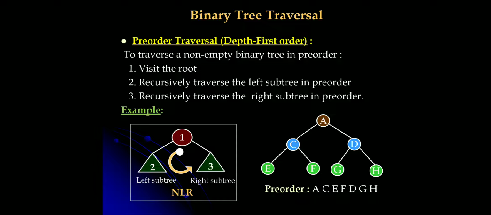So here in pre-order traversal, we have to first visit the root, then go to the left subtree and traverse the left subtree in pre-order. Pre-order means we have to visit the root first, then go to the left subtree and right subtree. So this should happen recursively, okay? The final pre-order traversal you will get is A, C, E, F, D, G and H. And what you have to remember is, given the pre-order traversal, you can easily identify the root of the tree. Which one will be the root? That is the first node. In this pre-order traversal, you can observe A is the first node, and in the binary tree A is the root of the given tree.